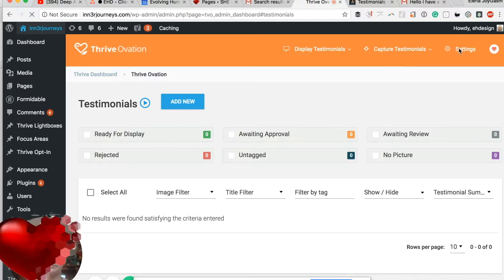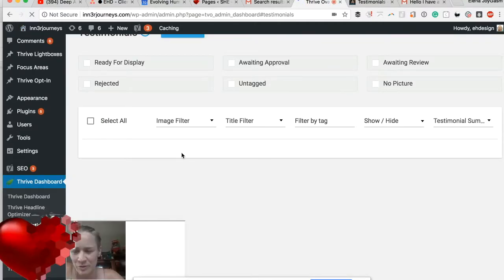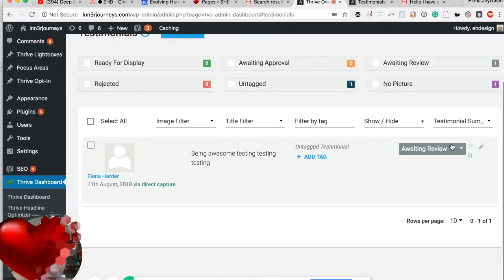So once the testimonial has been submitted by somebody going through the form, you can see it's awaiting review. So you can choose ready for display, awaiting approval, awaiting review, or rejected. You can say ready for display, which means it's been saved and will now appear on the website under